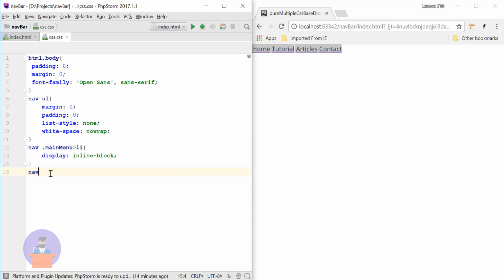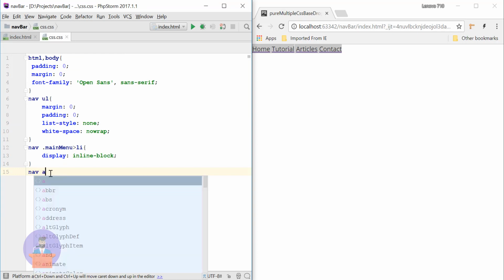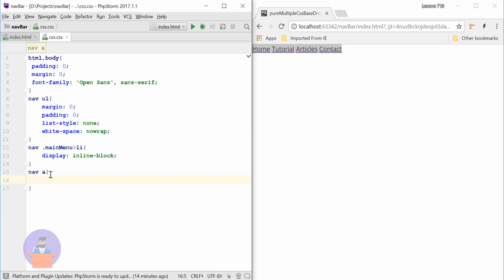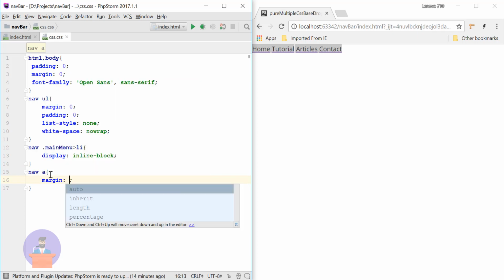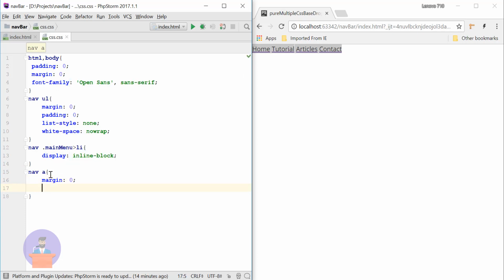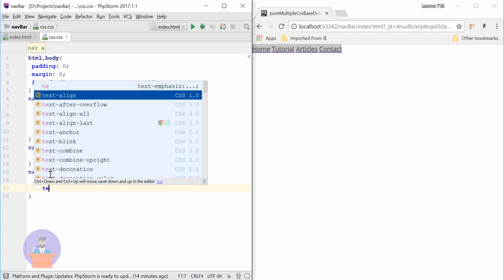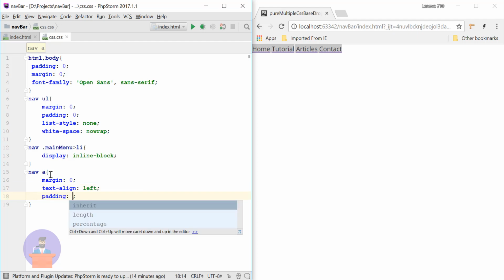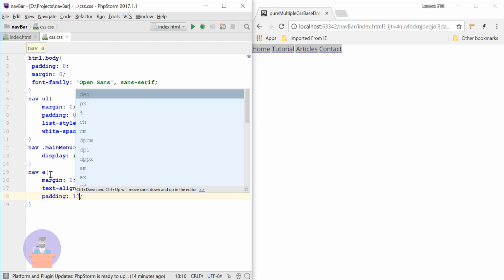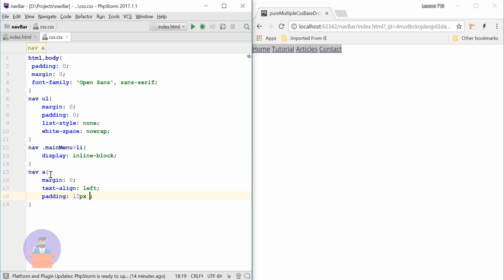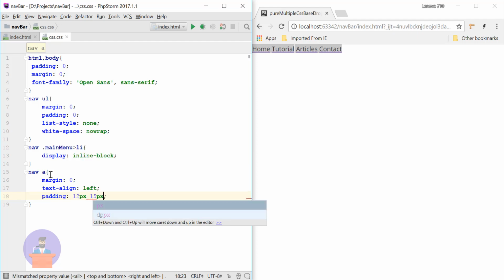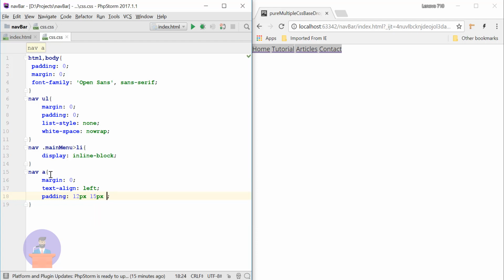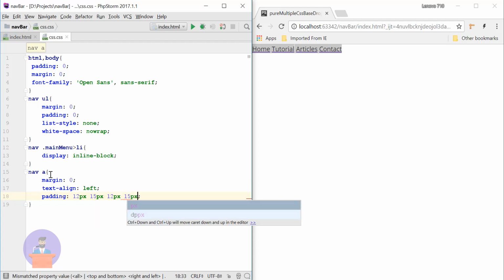Here in the navigation element we have the anchor link. I will provide margin to this anchor as 0, and text align as left. Let's provide some padding. I will provide top as 12 pixel, right as 15, bottom as 12 pixel, and left as 15 pixel.